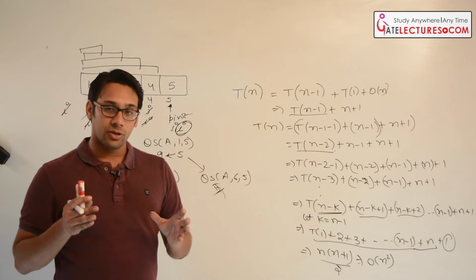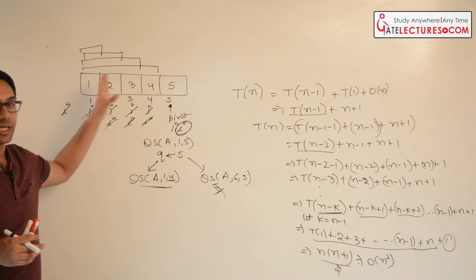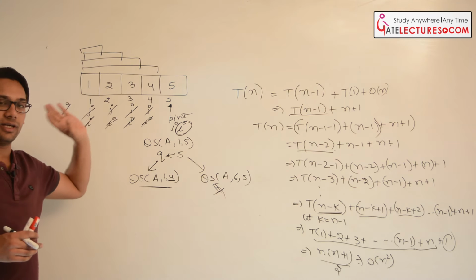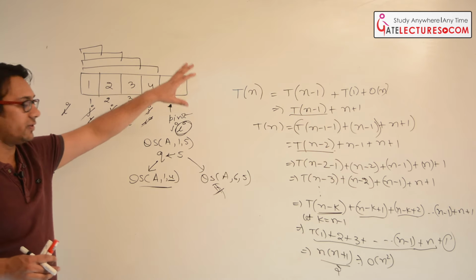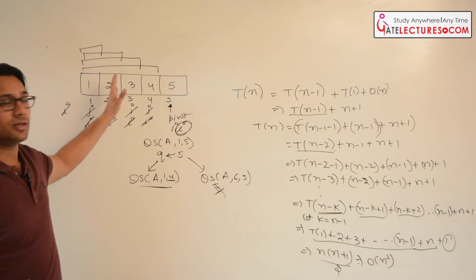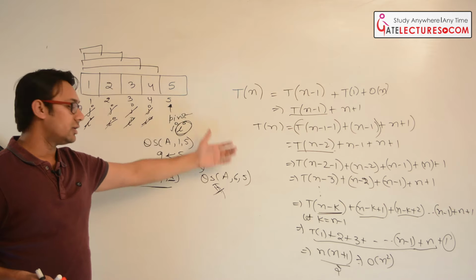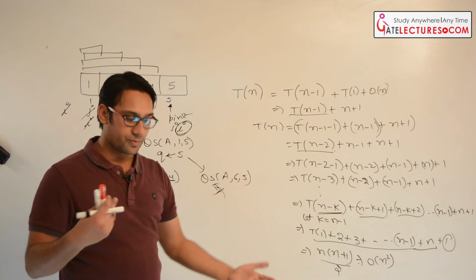Why? Because if n minus 1 data items are here and one data item is at the next location, then it will take order of n square. But if 90% of data items are here and 10% are at the next position, then it will again take order of n log n time. So let me just prove it again.